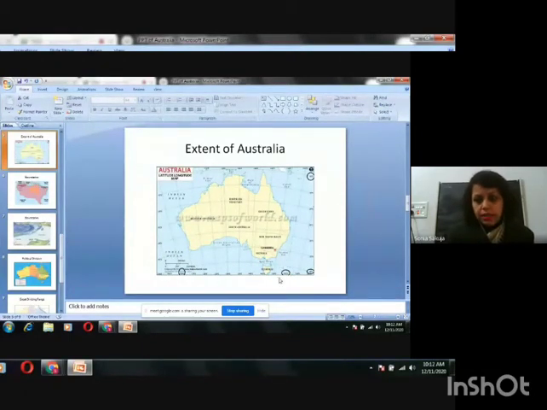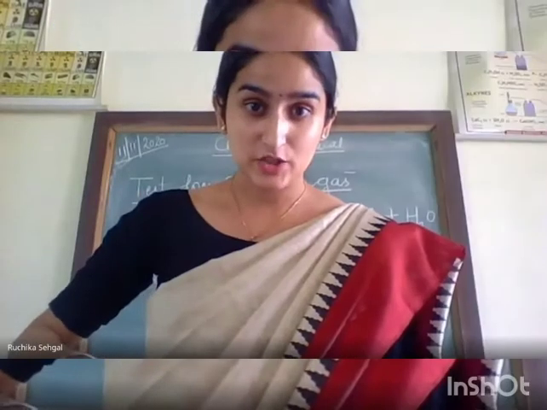This is the latitude and longitude extent of this continent. Means in this area, the continent has been separated. The continent Australia lies between latitude 10 degrees south to 44 degrees south and longitude 112 degrees east to 154 degrees east.